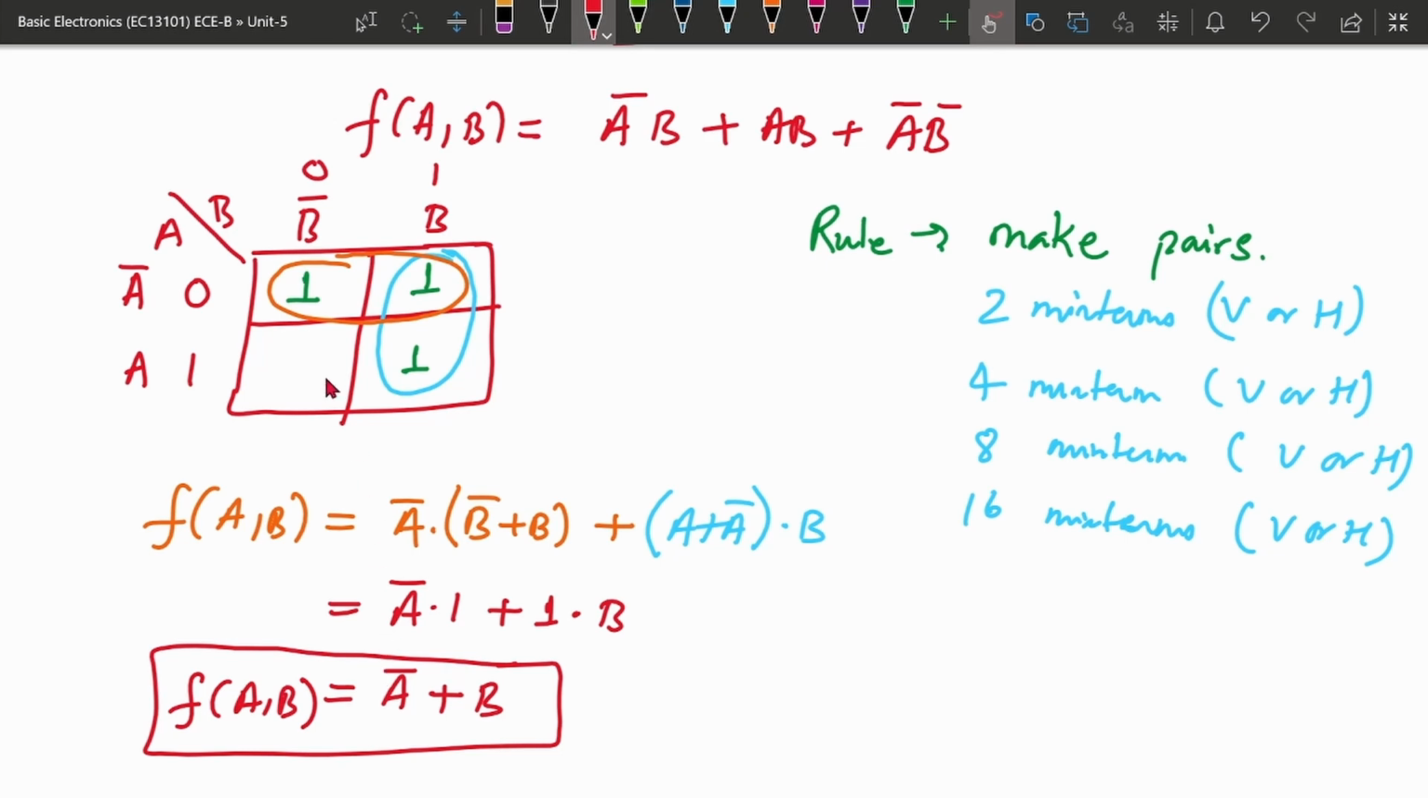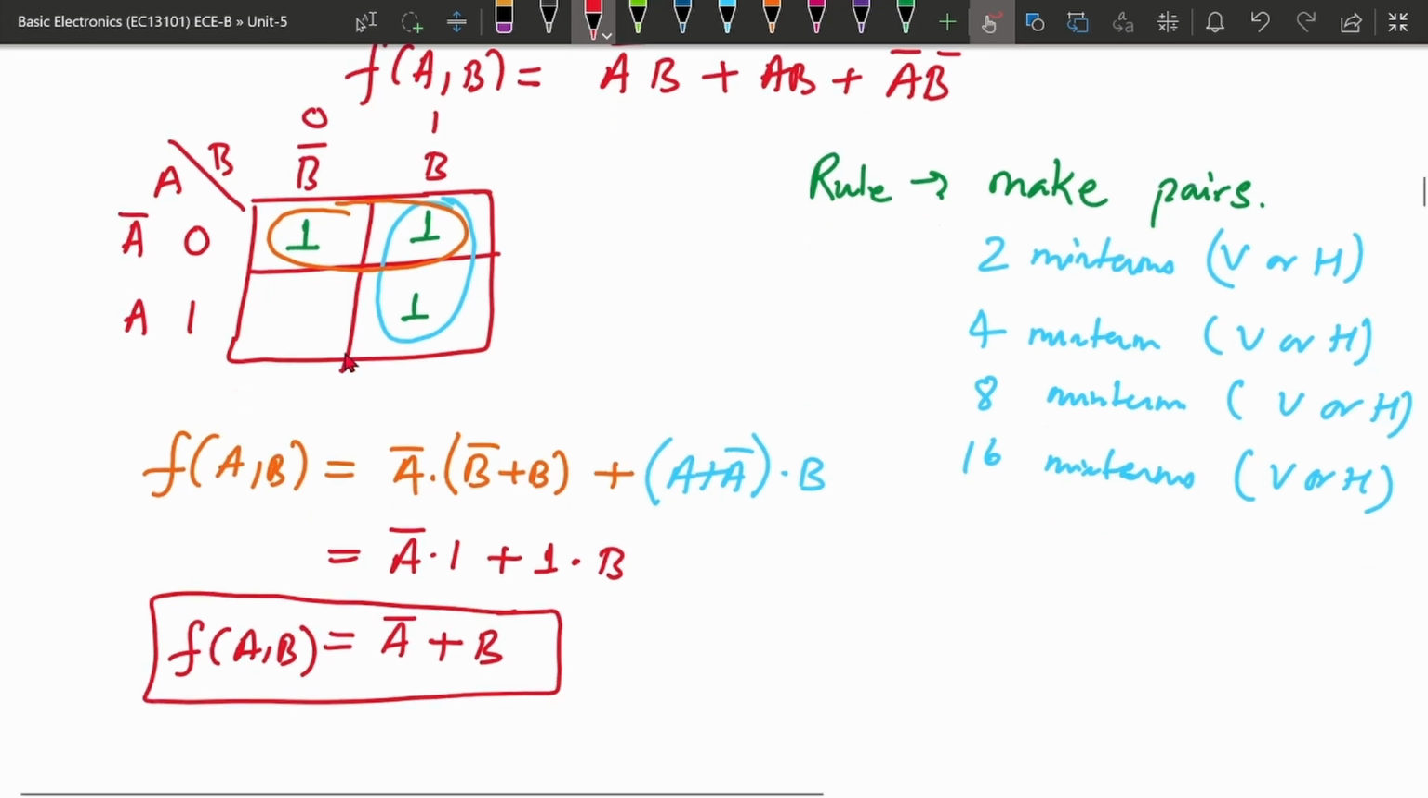So first we need to draw the k-map, then we need to put the min terms there, and after putting the min terms, we need to make the pairing. Pairing will be done either of 2 min terms or 4 min terms, 8 or 16 min terms. So for 2 variables only 2 or 4 will be allowed. So suppose any function is there,